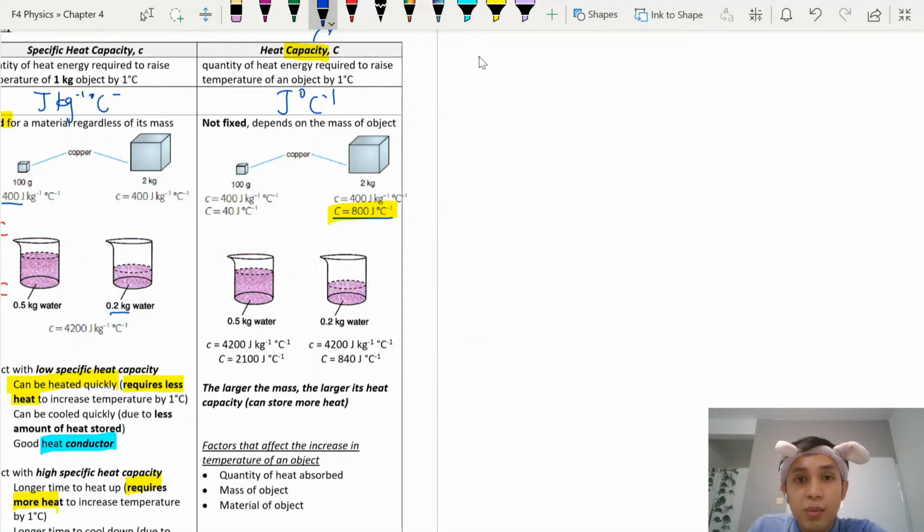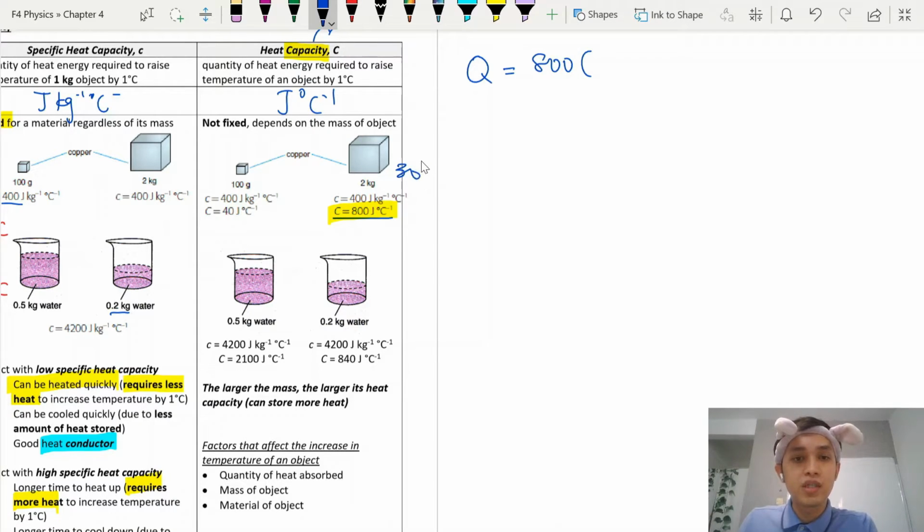Let's say the C given here is 800, so I substitute this value into the formula. For the temperature change, let's say I'm increasing